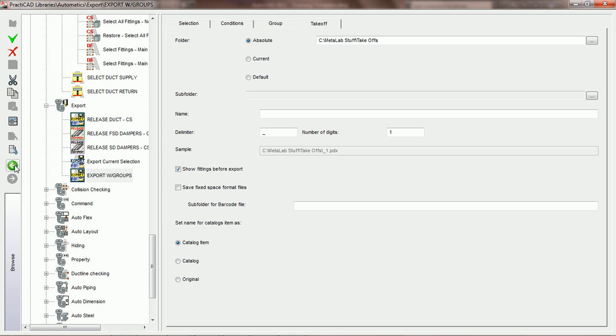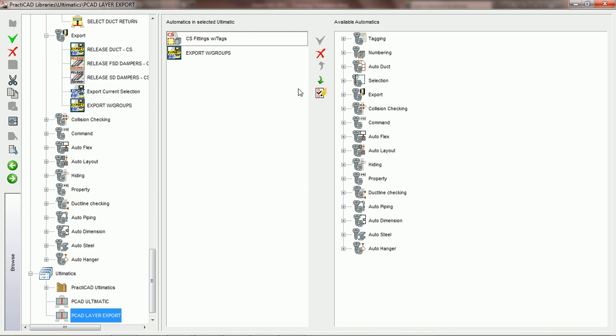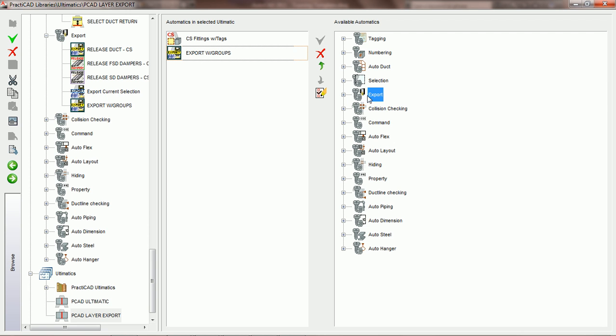So now what we're going to do is back up again using the backward browser button. And now we're going to think about the next part. So we've selected fittings and tags in the current window. Then the automatic kicks in, saying export what's currently selected. Now what we need to do is move everything to that layer. And to move stuff to a layer, we need to use a PractiCAD